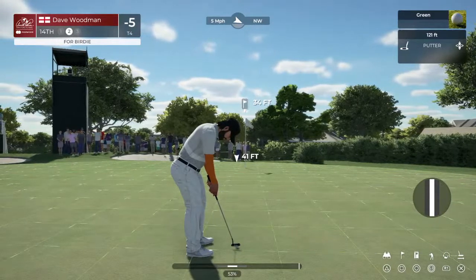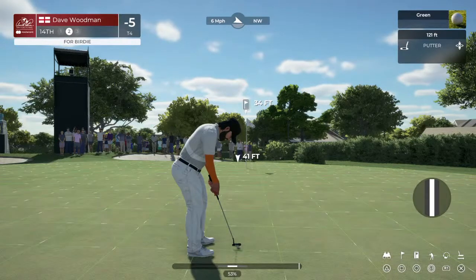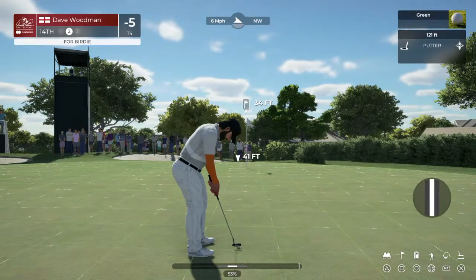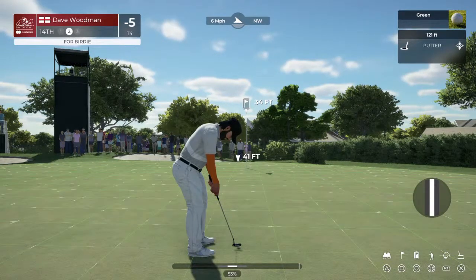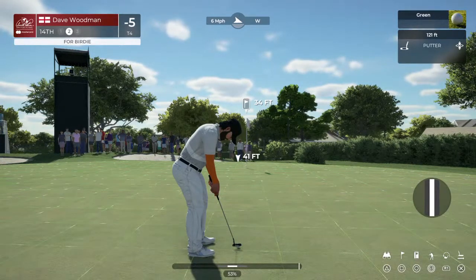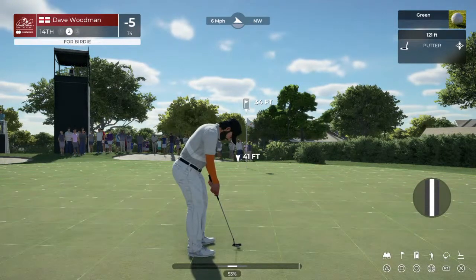Now, something else I'll mention as well here is on the settings that I'm using at the moment, which I think is the beginner settings or something like that. We have the option in the bottom right corner on the green to press and hold X to show a line of where the ball will go. Now, I could use that if I wanted. I don't want to. But if I wanted to know if I was on the right line for my shots,